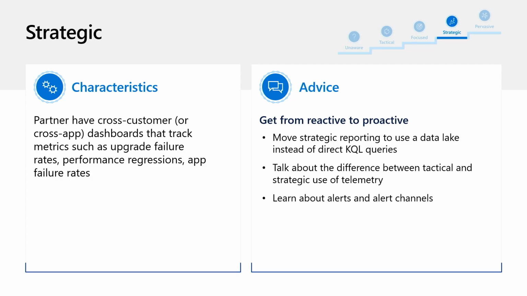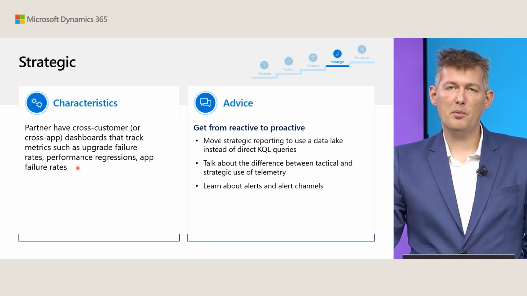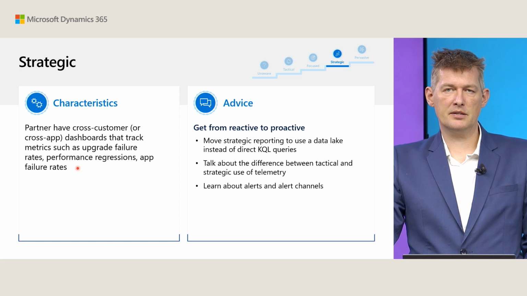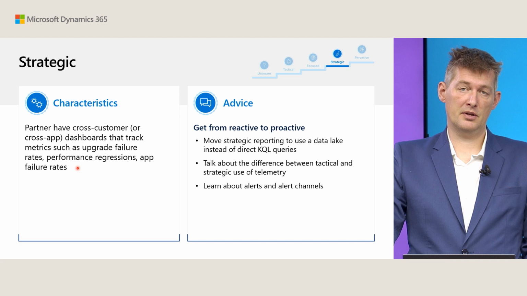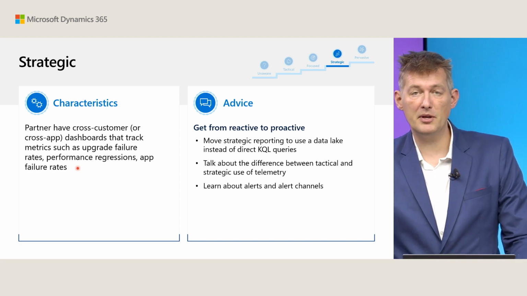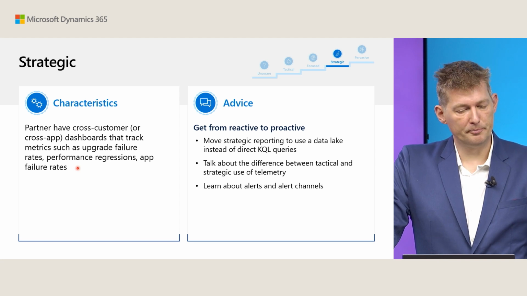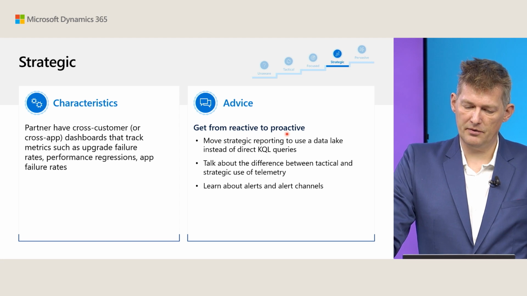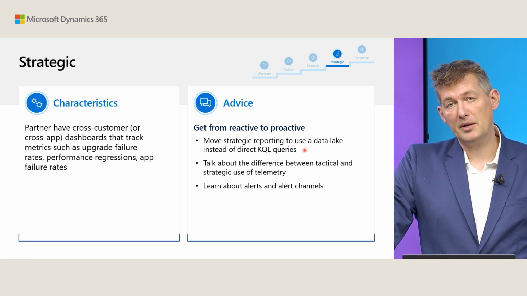Okay, so now we are on stage 4, strategic. And if you're here, you probably now have these cross-customer analytics and get an idea of if an error happens for this or that customer. And maybe you use this for performance regressions, app failure rates, what have you. To get from reactive to proactive, you want to move,